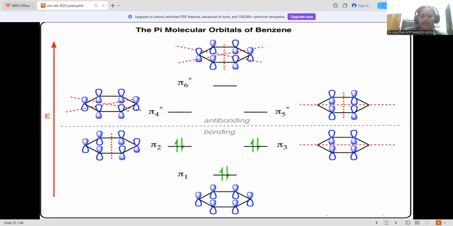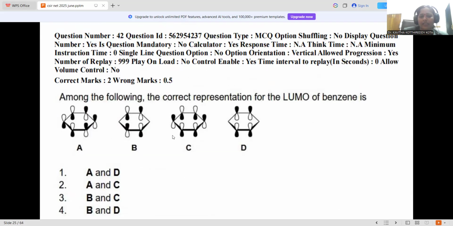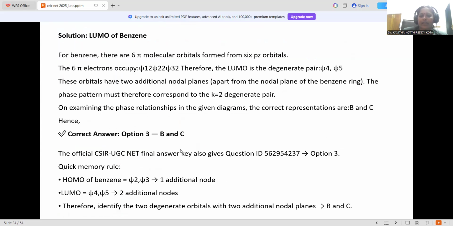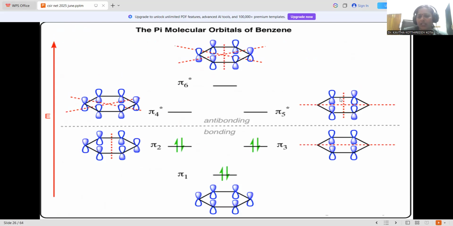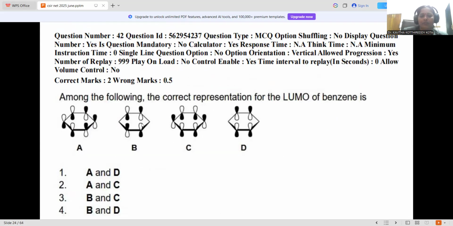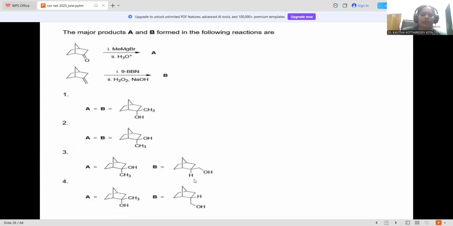B, C. Here you can notice there is a provision for this pi 4 star. So here option C looks like a pi 4 star, and option B looks like a pi 5 star. That is given in the option number B. So B, C are provided in the option number 3. For question number 42, option 3 will be the right answer. Let me go with the question number